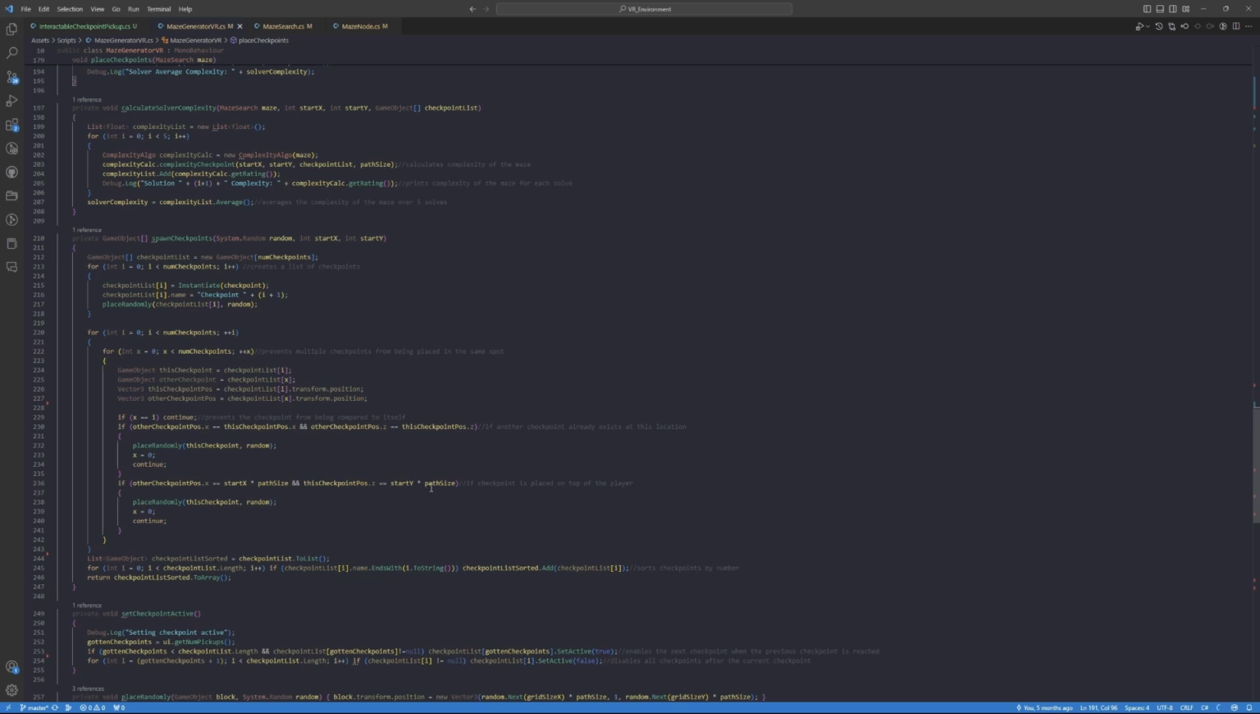We need to cover all possible scenarios. While placing checkpoints, we need to make sure that each checkpoint is placed at a distinct node from each other checkpoint and the player. To begin, the function instantiates the defined number of checkpoints. We are using 5 in our project and places them randomly according to the place randomly function, which you can